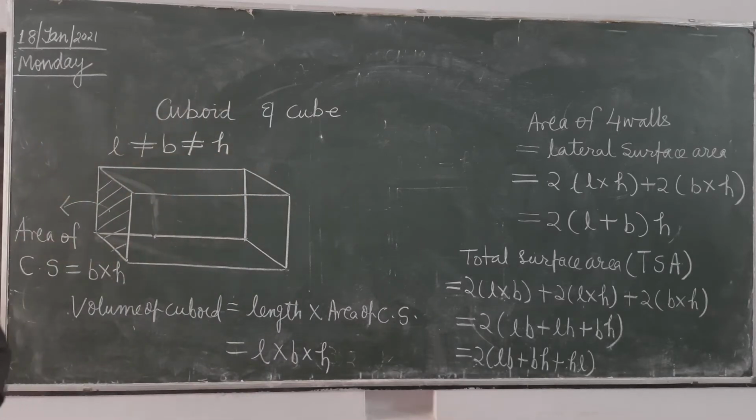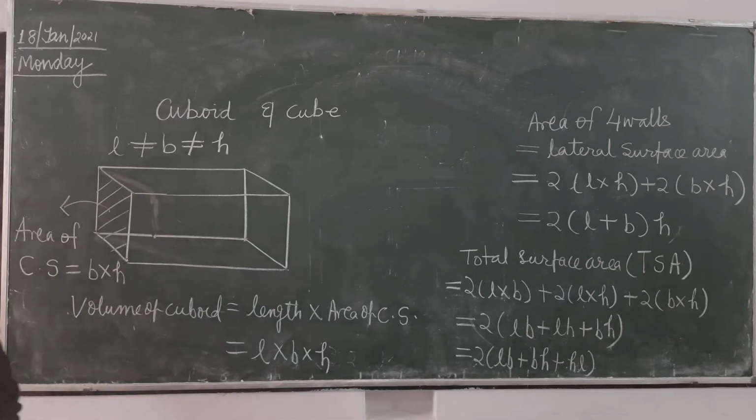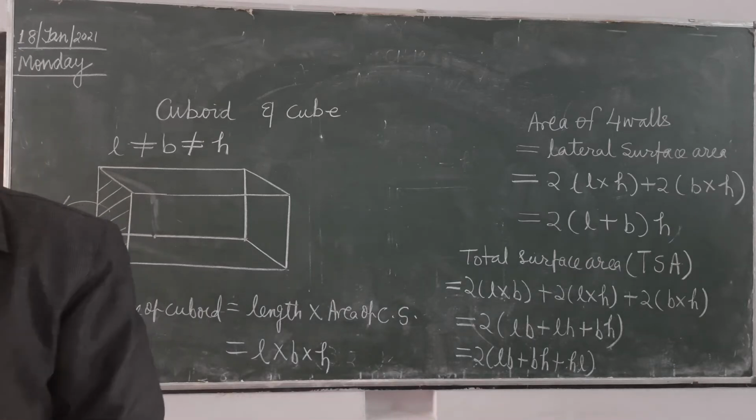Now what will be the unit of area? It will be square meter or cubic meter? Square meter, square centimeter, square millimeter. It will be in square unit of length, while volume will be in cubic meter, cubic centimeter. This you will remember. Now there is one more thing, diagonal.